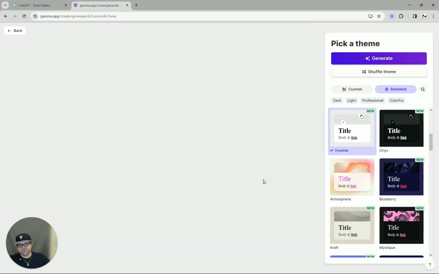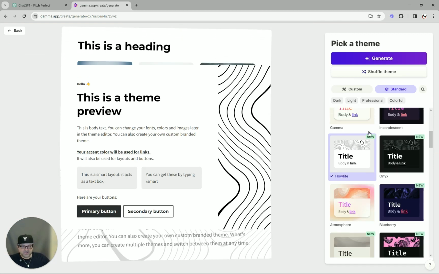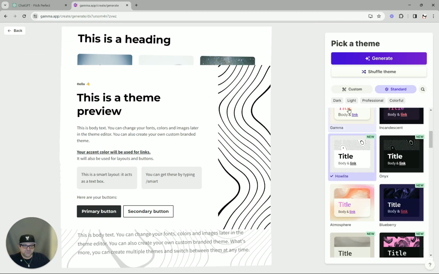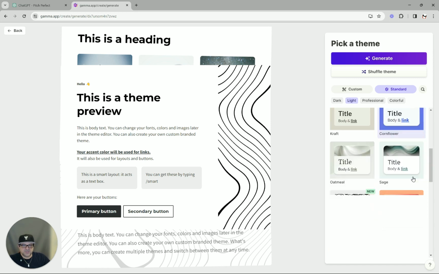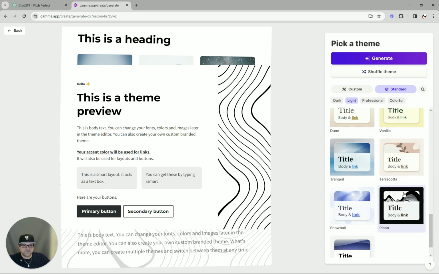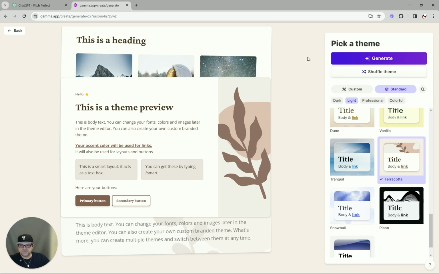Now it's going to go into your theme, right? So it's animals. You want to keep it nice and cute, so keep it light, right? So let's go look at a cute little one. This is pretty cool. Let's use this one here, and then go ahead and hit generate. So Gamma.app